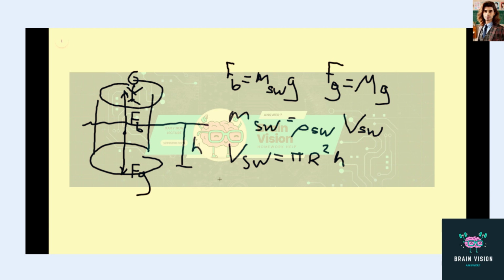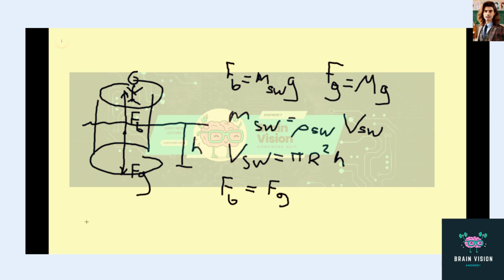So plugging that into our condition for the buoy not going anywhere, which is a balance of forces, so we want the force of buoyancy to be equal to the force of gravity. Plugging this in, we should find